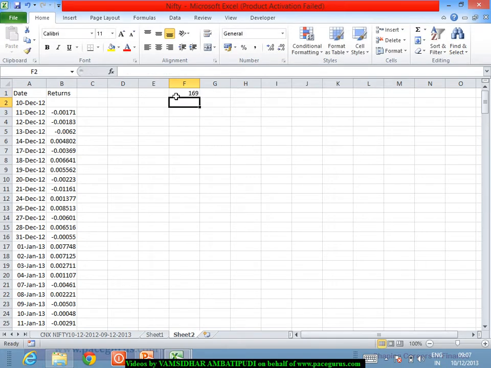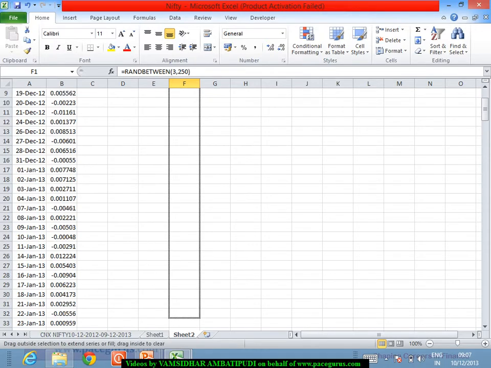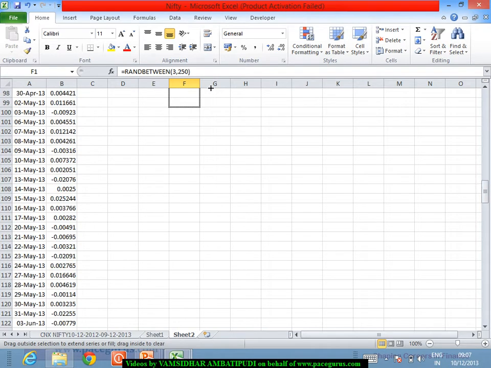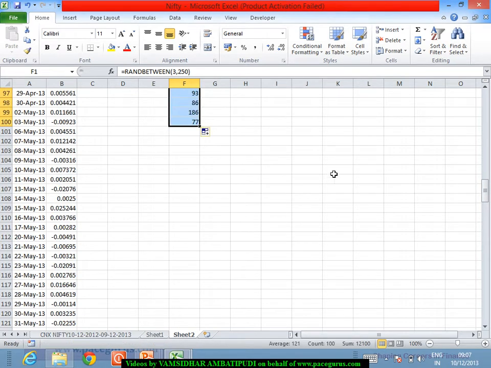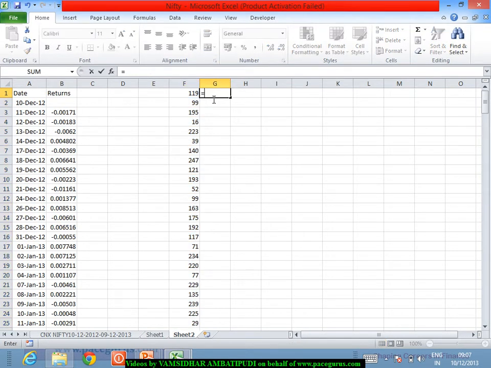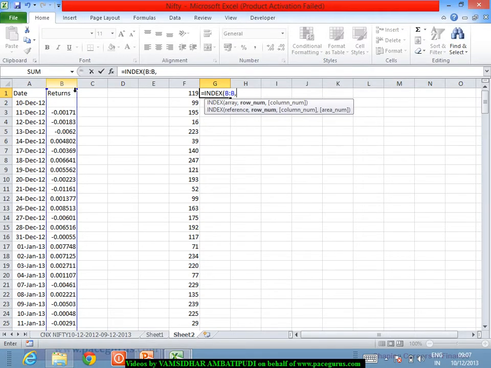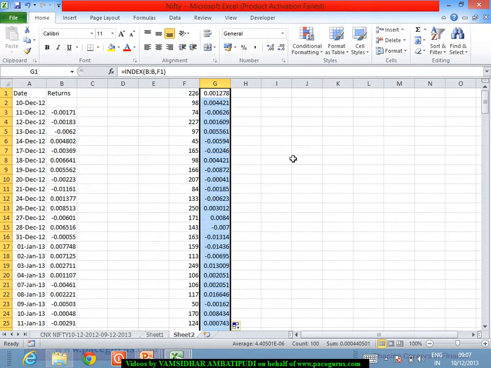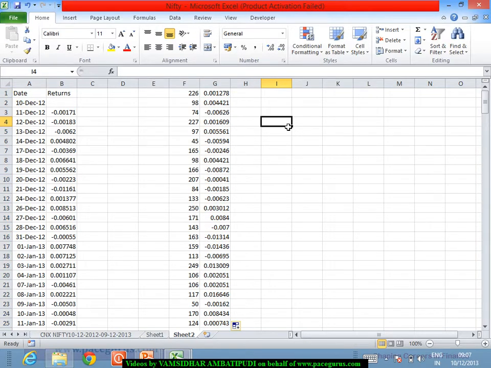So these are the 100 random numbers that I'm going to take, and corresponding to these 100 numbers I will pull out the return values. I will take the index, and in this particular array I will pull out this value. So these are the 100 returns that are pulled out corresponding to the 100 random numbers.